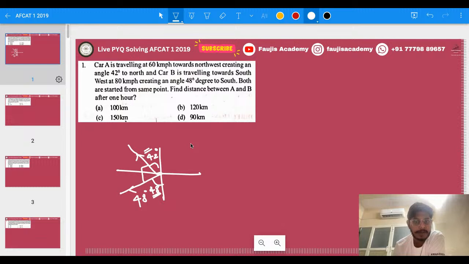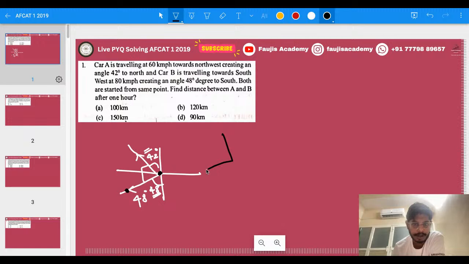They have said both are starting from the same point. Let us say this particular point over here. So find the distance between A and B after 1 hour. In 1 hour, this one is traveling at 80 kmph, so it must have traveled